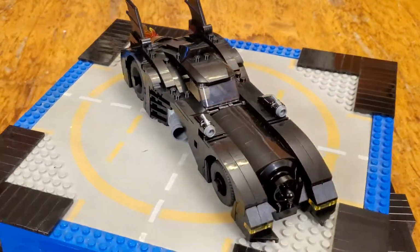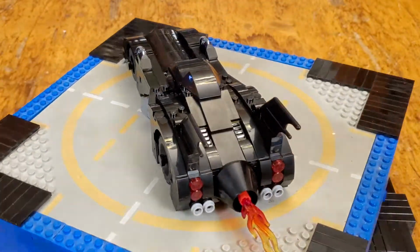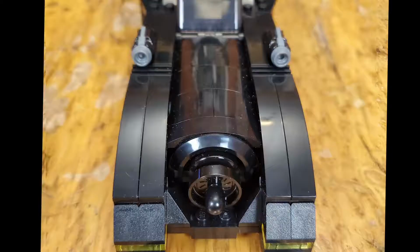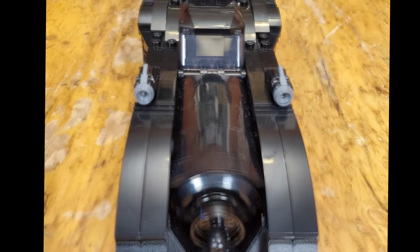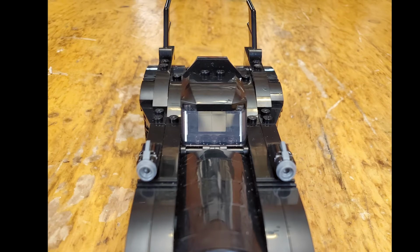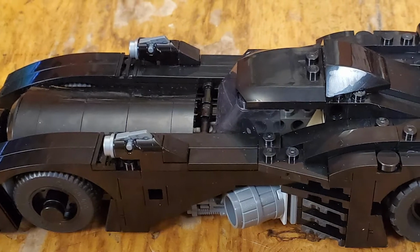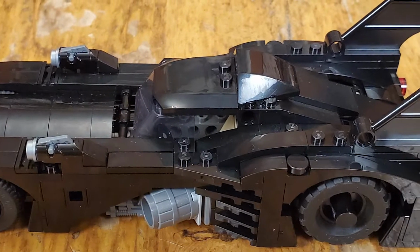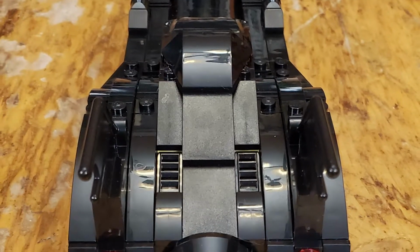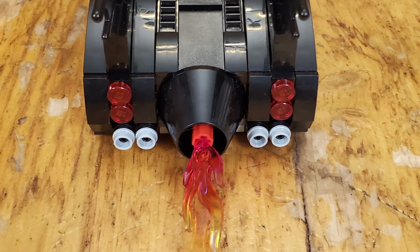While I do wish I had time to build a bigger one, this small one definitely does not disappoint. Holding true to the original design, this one doesn't lack any of the design elements that make the 1989 Batmobile something special. With the distinctive round tip nose, those sleek curves down the center of the hood, a pair of stud shooters in place of the pop-up machine guns, those sleek curved covers over the front wheel wells, that massive air intake in the center, with those big beefy tires in the back, those iconic fins mounted just above them, which lead down to the quad taillights, the quad tailpipes, and of course, this big flame jetting out the back,